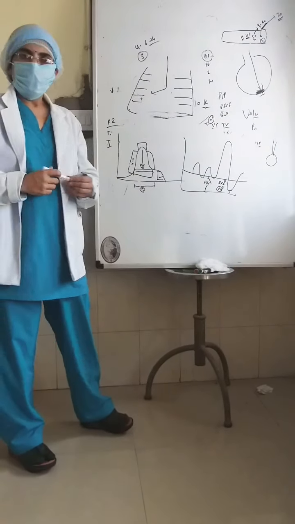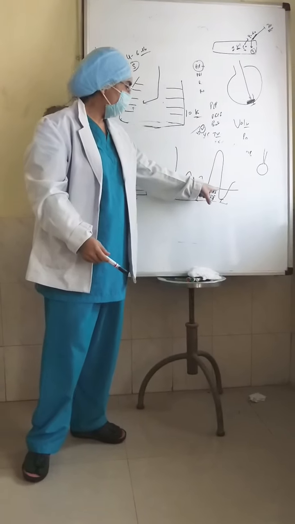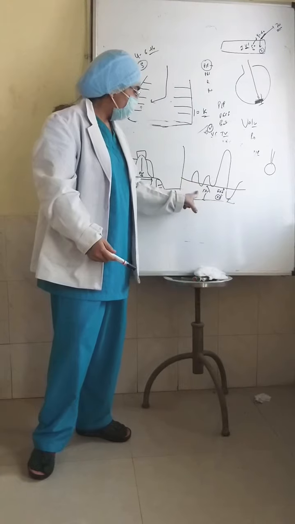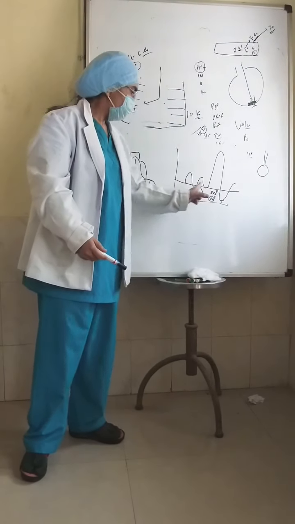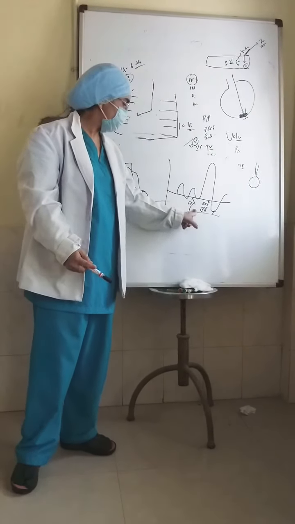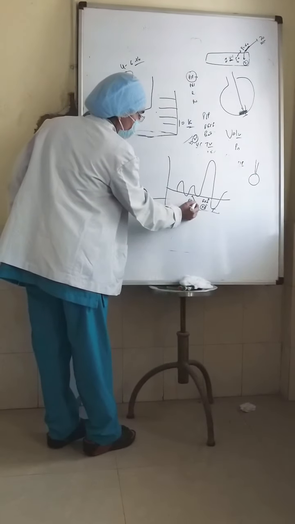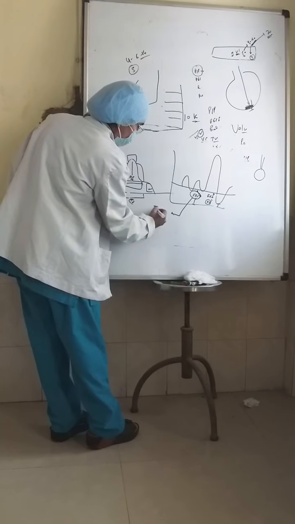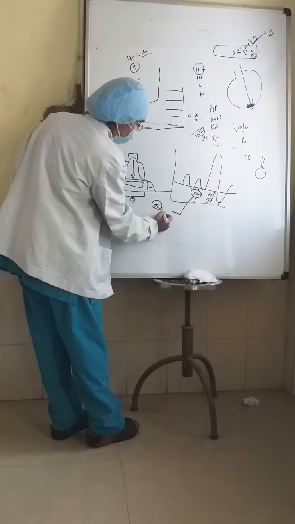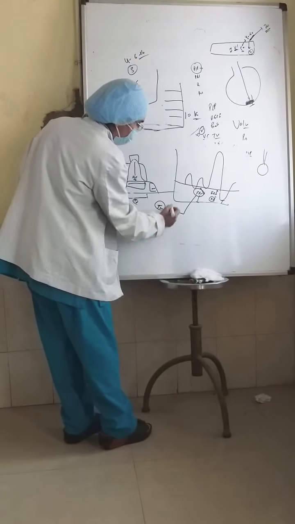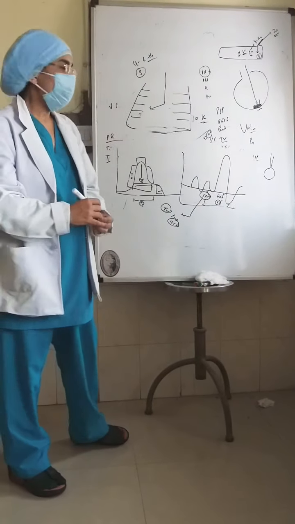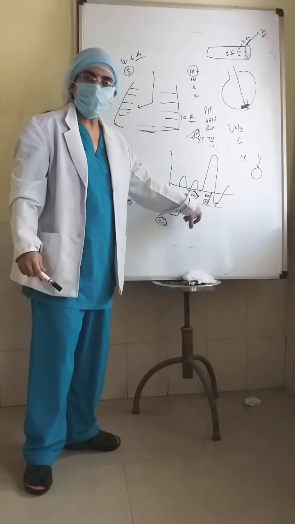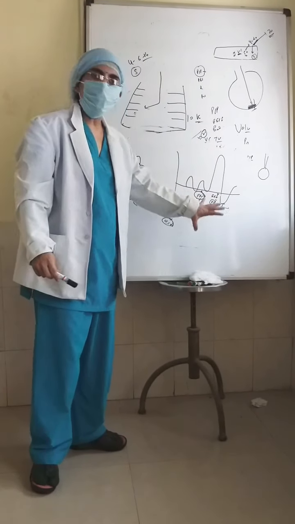So in a normal lung, when you are breathing normally, at the end of expiration, whatever gas is left, this gas makes your functional residual capacity. And this functional residual capacity is going to provide you time for exchange of oxygen and carbon dioxide at the time of expiration. Because after the expiration, only this amount of gas is left for exchanges. This is a very important concept.